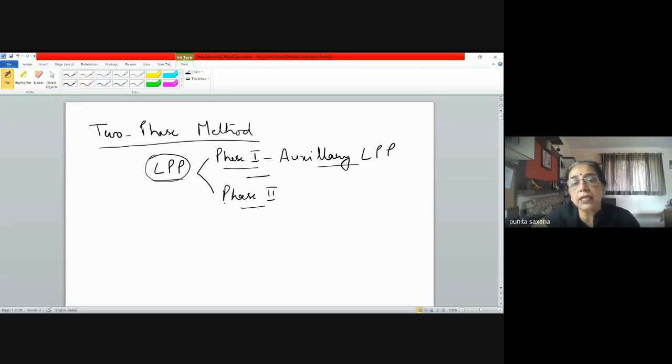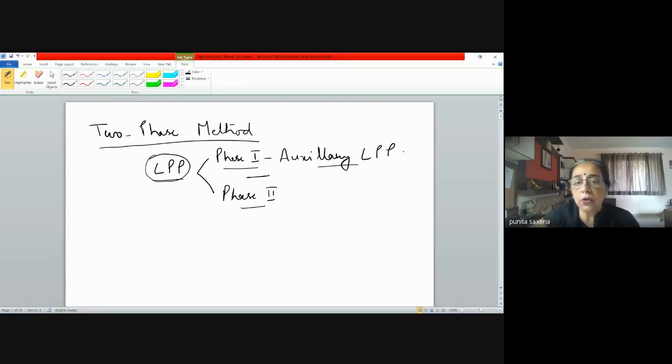Like in the big M or the penalty method, we had the original linear programming problem with us. If it had more than or equal to type constraints or equal to type constraints, we had to incorporate artificial variables. Those artificial variables helped us with the initial basic feasible solutions, right? In this case, wherever phase one ends, that solution becomes the initial solution for phase two. So phase two starts from where phase one ends. Then again, the simplex algorithm is followed, and we move on the way we have done earlier.